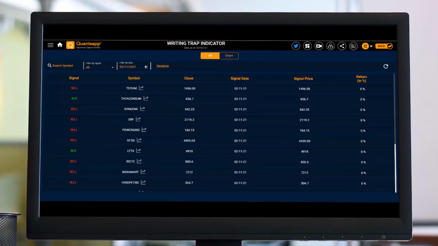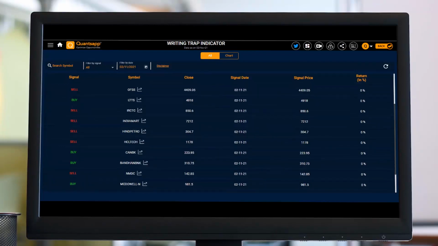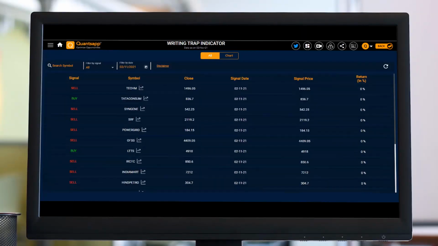So we should generally be looking at the trap indicator at the end of the day, post market, and we should do some further analysis on those signals to get enough conviction. If the signal still remains the next day, we can go ahead and try to participate with a target and a stop loss as per our own risk appetite. Obviously, we will analyze some of the signals from here in some other tool so that you will all get to know how we can utilize it effectively.